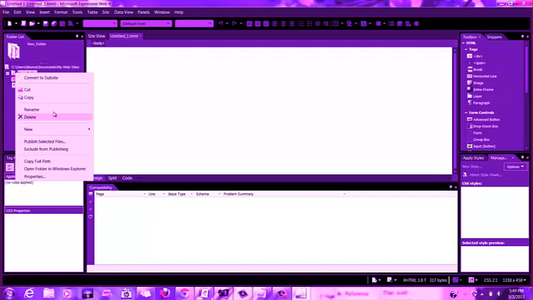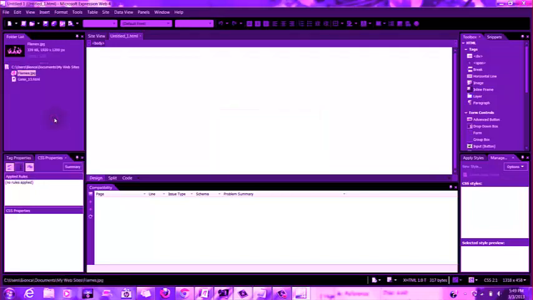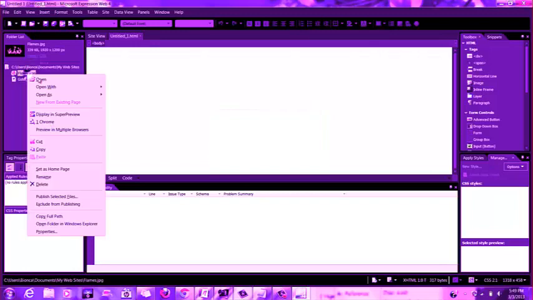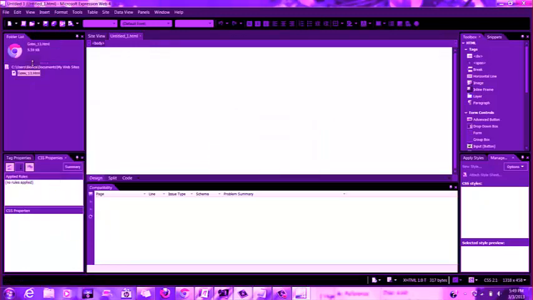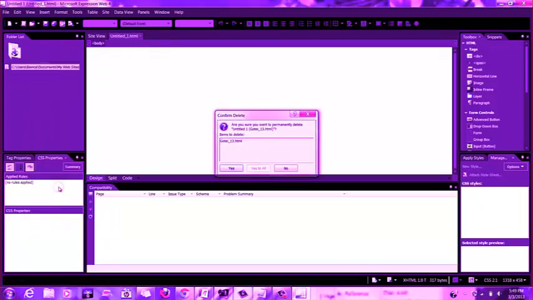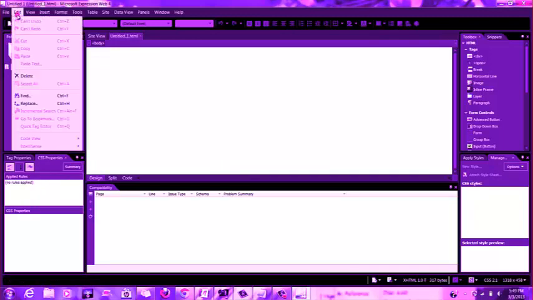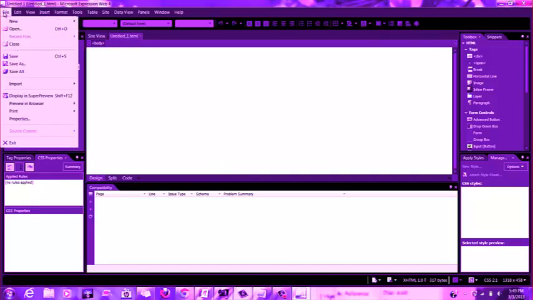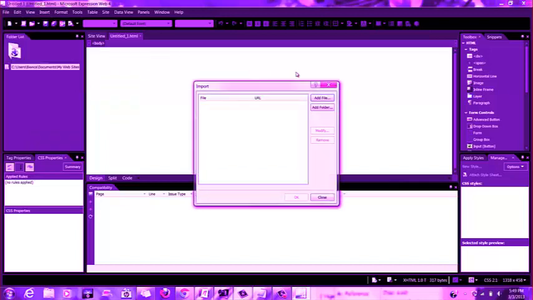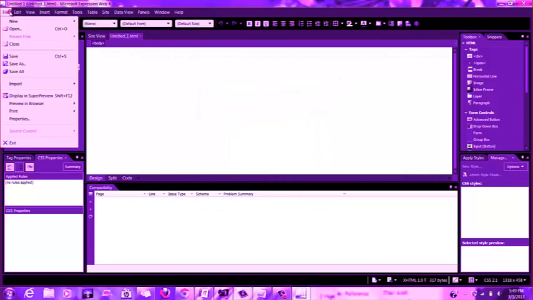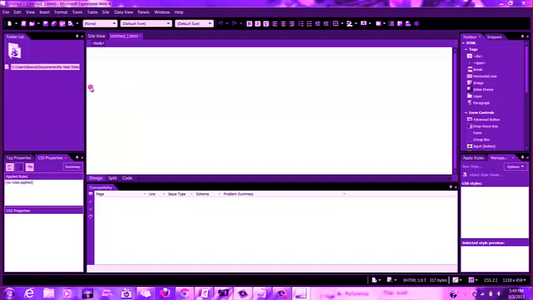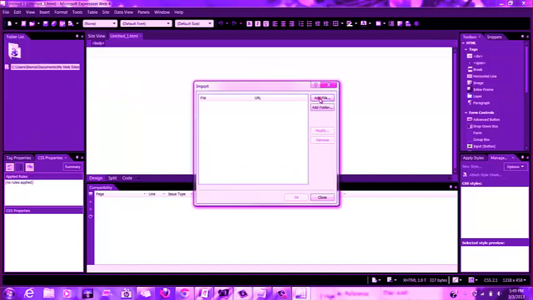So I'm going to delete this folder mostly because this is stuff that I've already done, and I want to start kind of from scratch for you guys so you can understand what I'm doing. Since I've already started with my code earlier with HTML, I'm going to import my HTML code from Notepad via my computer by going to File. You're going to come down to Import, and then you're going to hit File again, and then you're going to add a file,